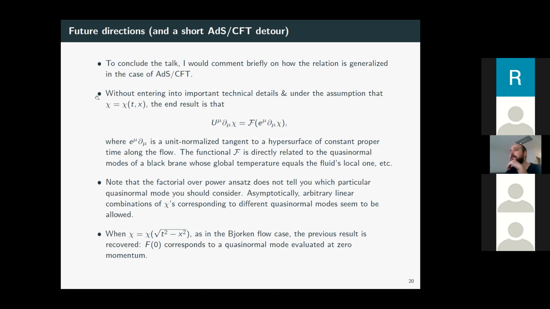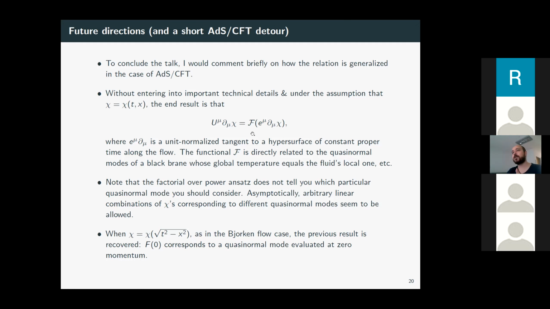But the result basically has this form. If chi would obey a nonlinear partial differential equation, it involves two kinds of derivatives. One is a common derivative, and the other is some sort of transverse derivative. The way this derivative enters into the game is that if you evolve for a given amount of proper time on the flow, and then you stop, you would have some sort of hypersurface. So this derivative appearing here is tangent to this hypersurface, okay?